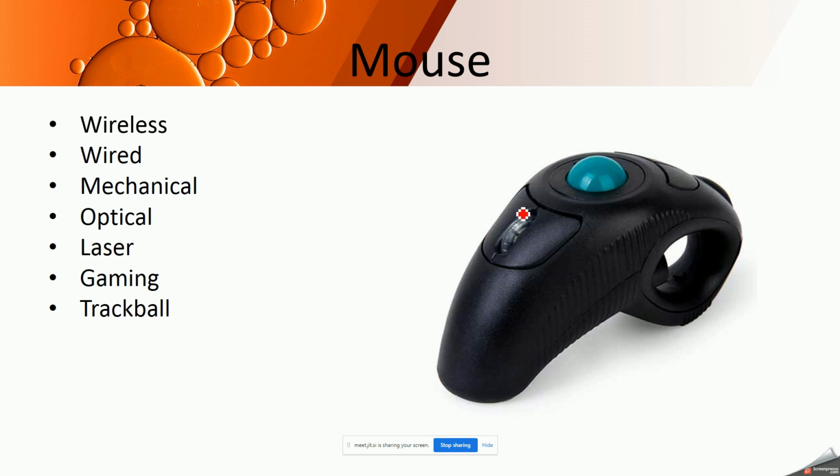This is of course a scroller which you have seen in your original mouse, and this is a ball. You can move this trackball with your fingertip. So without moving the entire device, you only rotate the trackball with your fingertip, and wherever it reaches, you can see the pointer moving on the screen.